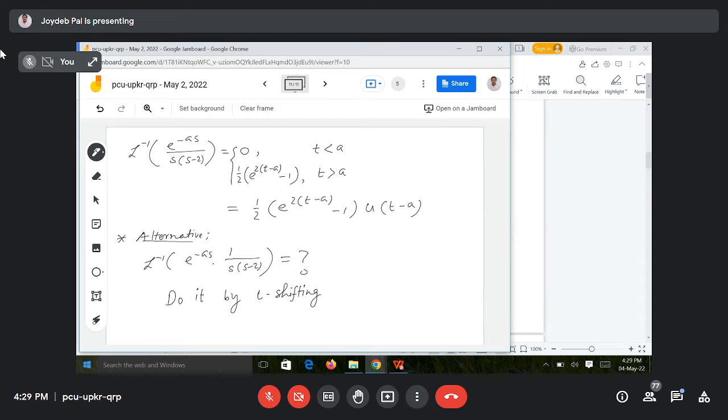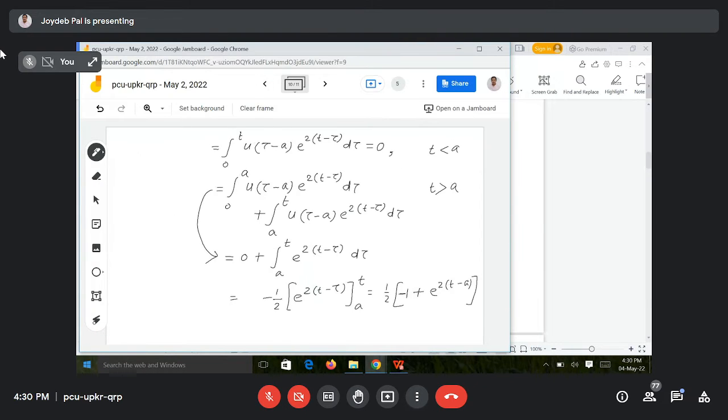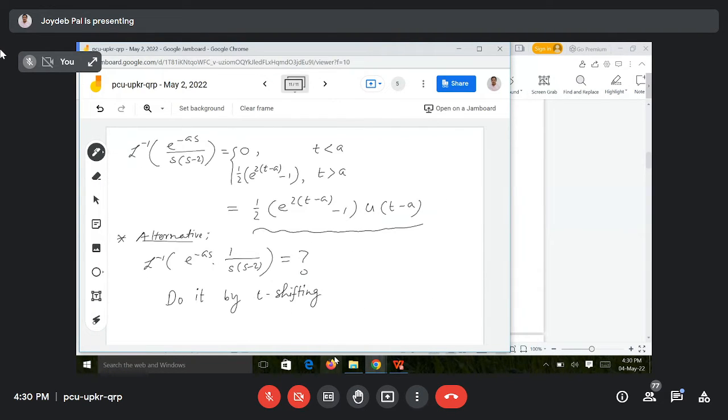So f of s, what is f of s here? If you compare with the t shifting form, what is f of s? 1 by s into s minus 2. So from that f of s you find f of t, then you apply the t shifting formula. You will get exactly this. ये जो लास्ट लाइन आया है ना, exactly this. इन ए वेरी सिंपलेस्ट वे, मतलब ये सब इंटीग्रेशन का कॉम्प्लिकेशन नहीं आएगा, यहाँ पे डायरेक्टली आ जाएगा टी शिफ्टिंग से।